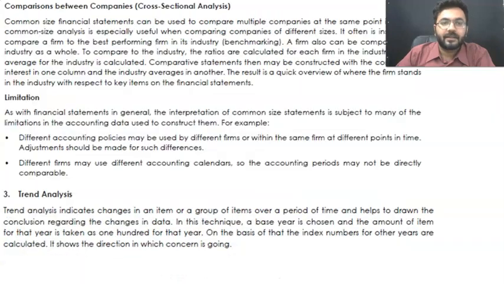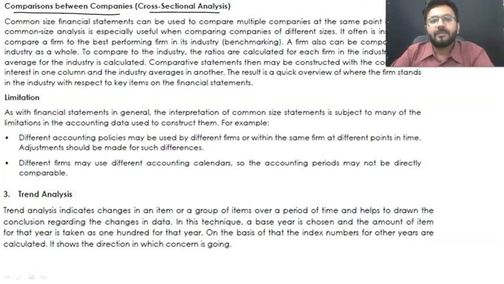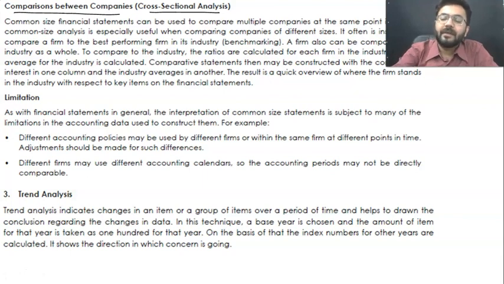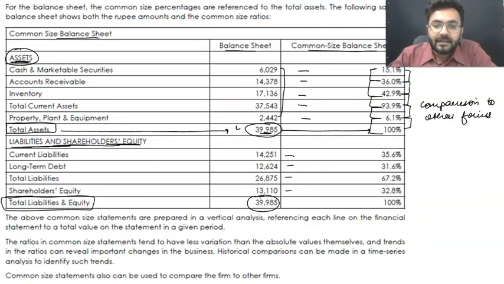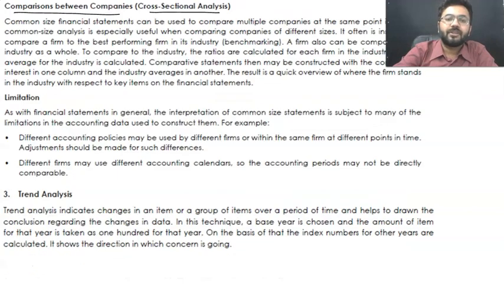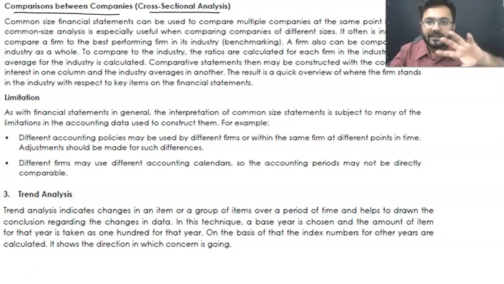Moving ahead, talking about the next part. Now, the next is cross-section analysis. That means the comparison between companies. Common size financial statements, as we have mentioned. So what we are going to do, we are going to compare multiple companies at the same point of time. And it is very much helpful whenever the asset or the liability part, or you can say the strength or the financial position of the company to whom you are comparing, is different in size altogether. So what you need to do, first of all,